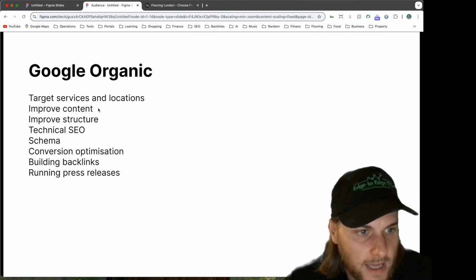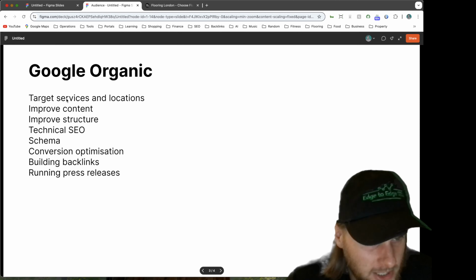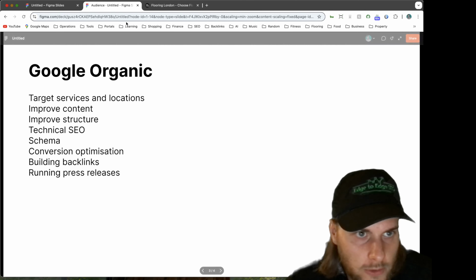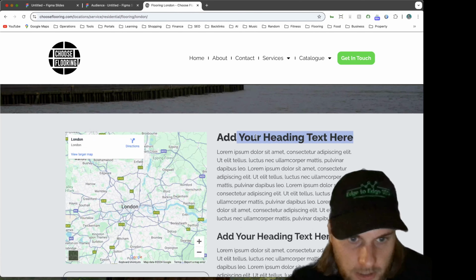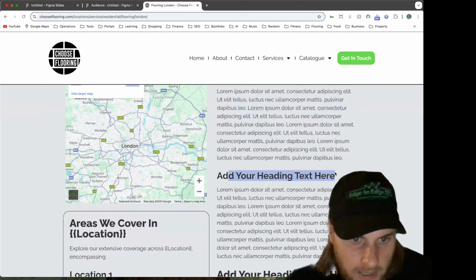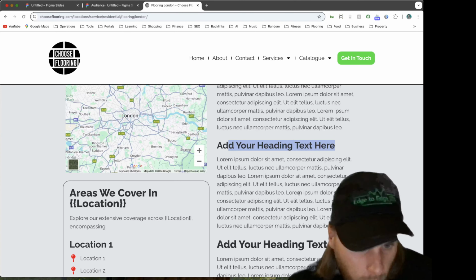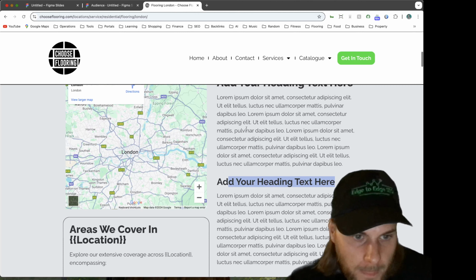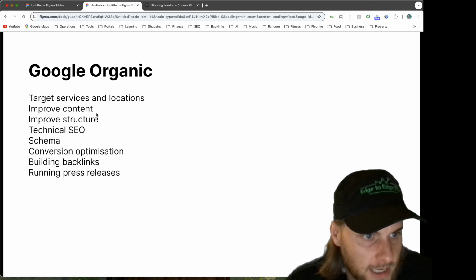And then what you want to do, following on from the same thing I was just talking about, is go through your website and improve your content. The amount of websites I go on and the content is just horrendous. I'm talking like no structure to the page. They don't even know what an H1 or H2 is. They don't know what H3 is. There's no internal linking. There's no thought for the actual order of the content. All sorts of things. I could talk about hundreds of different things to improve content.